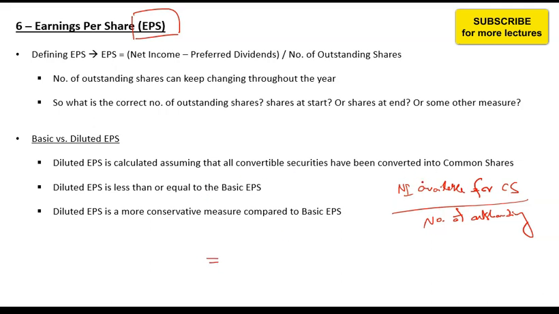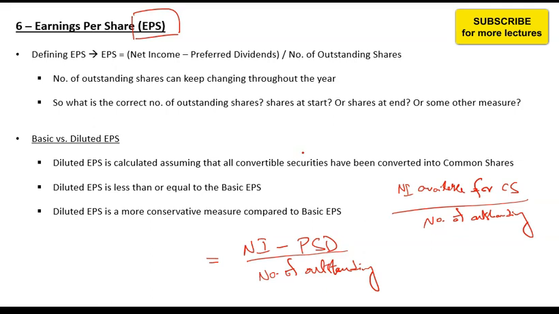Now next question is, what is net income available for common shareholders? Net income available for common shareholders is anything that is left after paying the preferred shareholders, or after paying the loan, or after paying the debtors or preferred shareholders. So net income for common shareholders is net income minus preferred share dividends. So if you subtract preferred dividends from net income, you will get net income available for common shareholders. And if you divide it by the number of outstanding shares, that gives you your EPS. So far it is very simple.